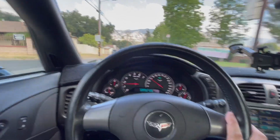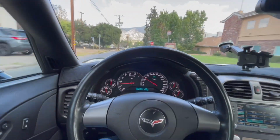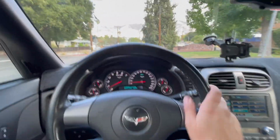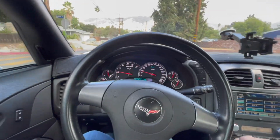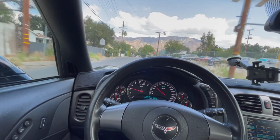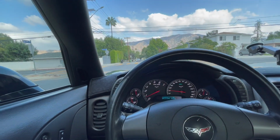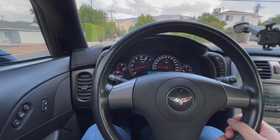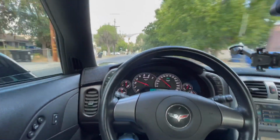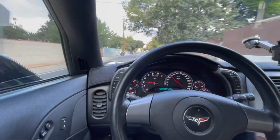It's enough power to get you in trouble. And really, like the C5 Corvette, that's plenty of power to get you in trouble too. These cars are potent. They're rear-wheel drive, they're small, they've got a lot of torque. So I think with any car, you should be respectful of the speed and the power. But these Corvettes, man, they'll get up and go. As a daily driver,